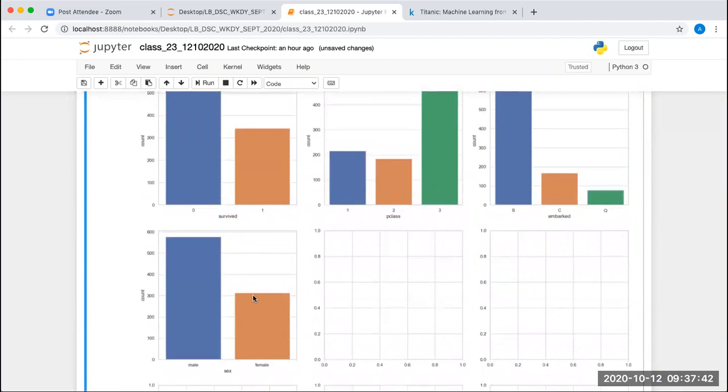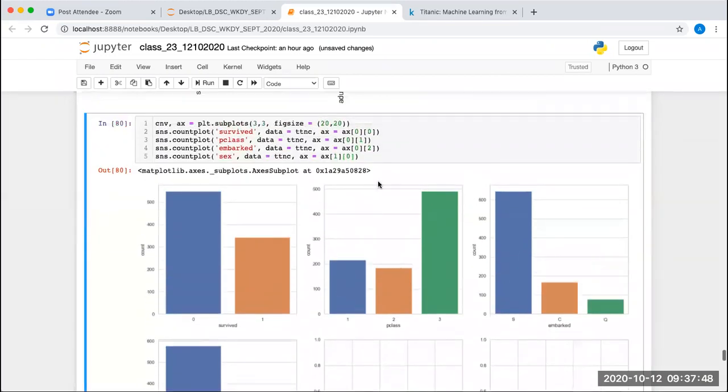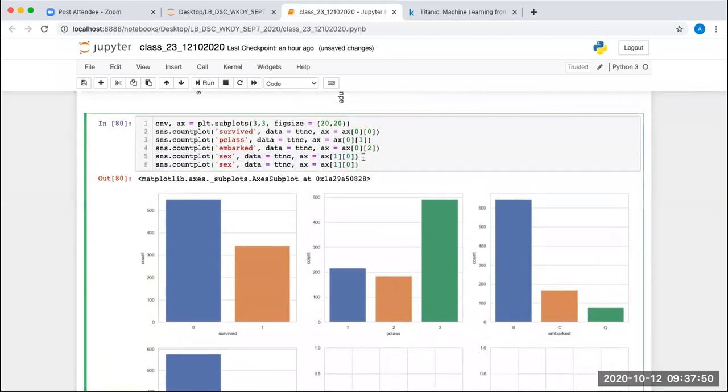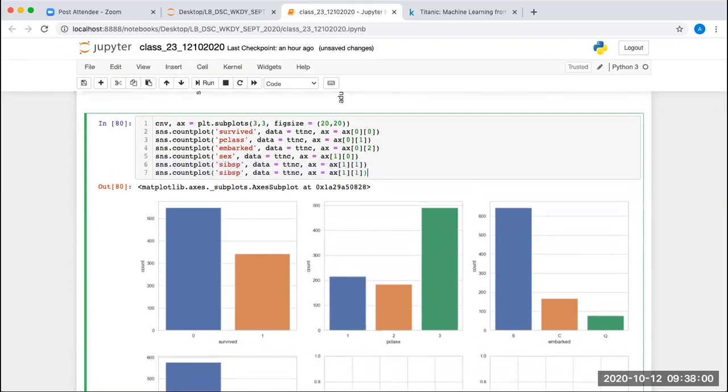Now next, let's say I want to plot SibSp, so I can use here SibSp. This is 1 comma 1, and this is going to be Parch. This is 1 comma 2.